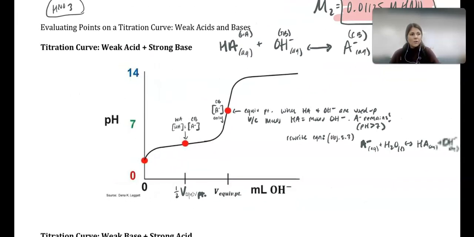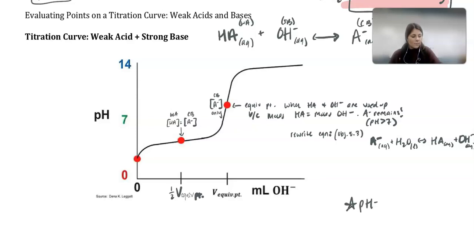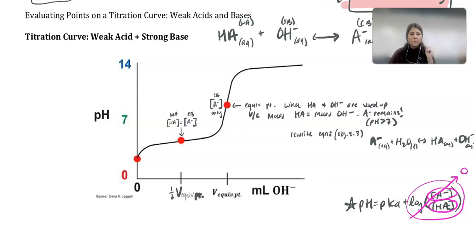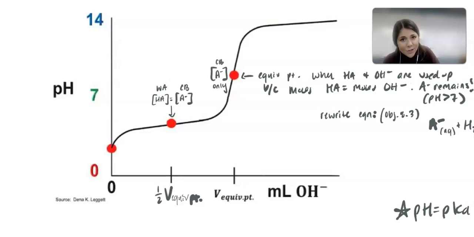All right. And I want us to think about this equation right here. This is Henderson-Hasselbalch. Okay. I'll put the brackets real quick. So here, if your A minus and your HA equal each other, the log of 1 will actually be 0. Okay, so here, that tells us pH equals pKa. So at the half equivalence point, your pH is just whatever your pKa is, knowing pKa is the negative log